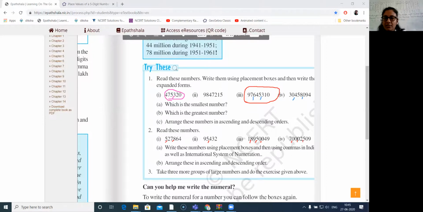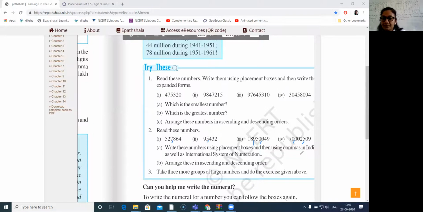Okay. Now we'll clear the drawings. We will take up another color to mark it in the international system. So international system, 3 digits. So I put the comma here. Here it will be between 5 and 4. 1, 2, 3, comma. Again 1, 2, 3, comma. Here 1, 2, 3. Again 1, 2, 3.